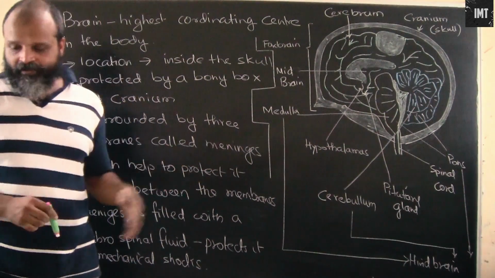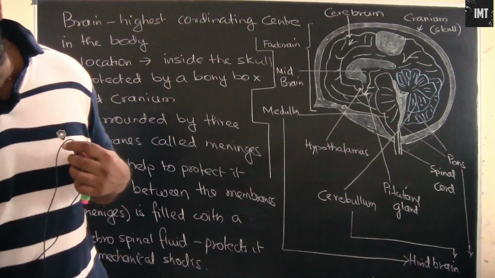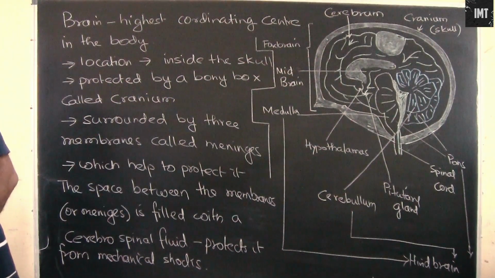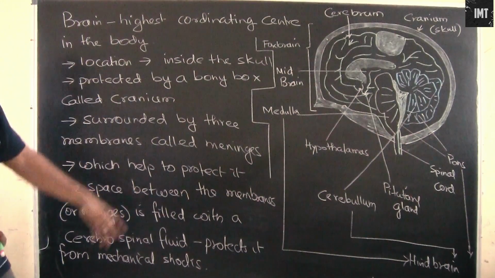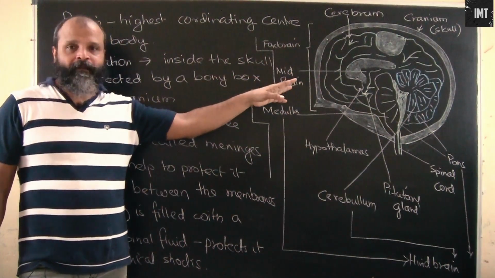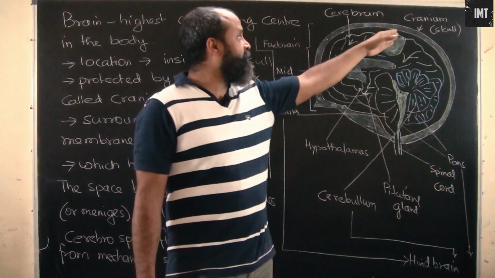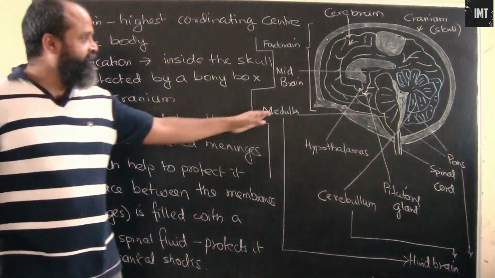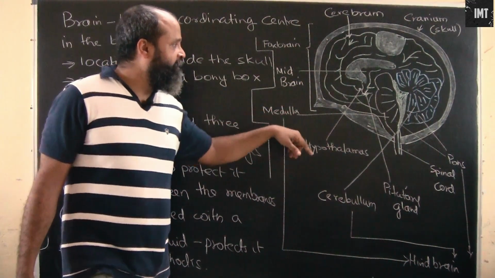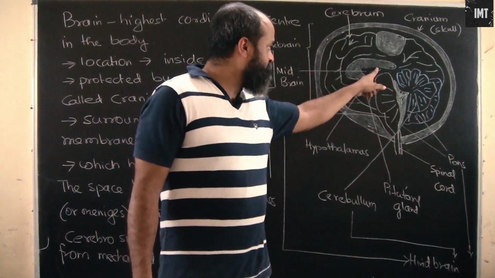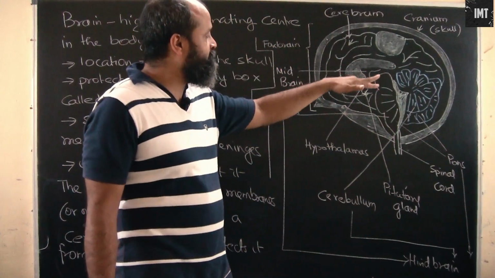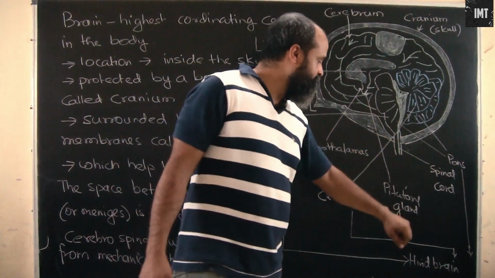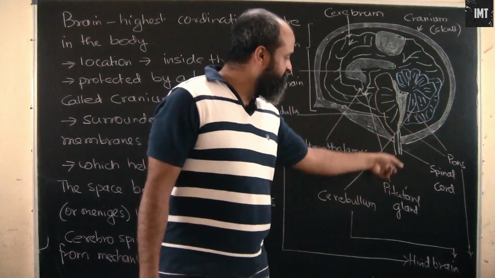Alright, so slowly and gradually we will now move on to the main organ of our nervous system, and that's basically the brain. So what is the brain? This is the diagram of the human brain. We have different parts of it. We have the cerebrum part, we have the forebrain, then we have the midbrain. The midbrain is basically this part. The hindbrain, which is basically the back part, is made up of the cerebellum, the medulla and the pons. Then we have the spinal cord, which is emerging from here.